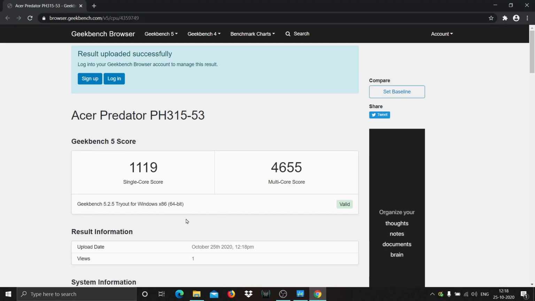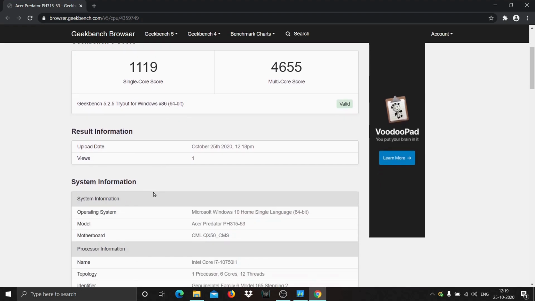So this is our result of the CPU benchmarking. This is our model number, and the single core score is 1119, and the multi-core score is 4655.